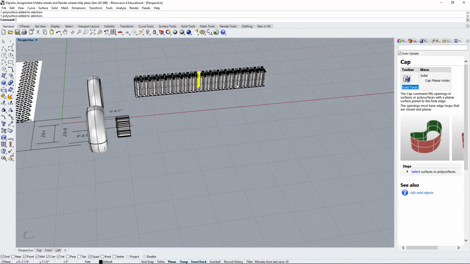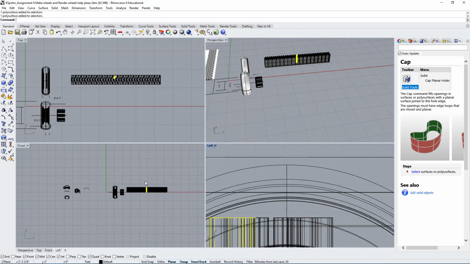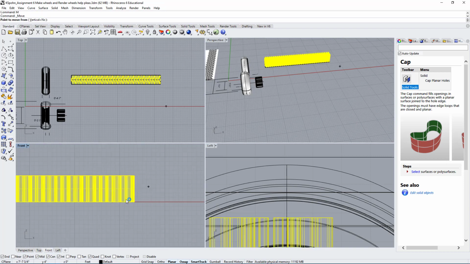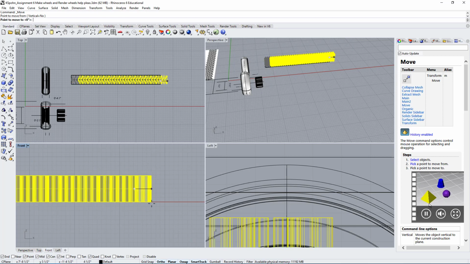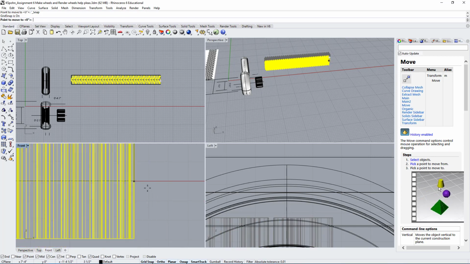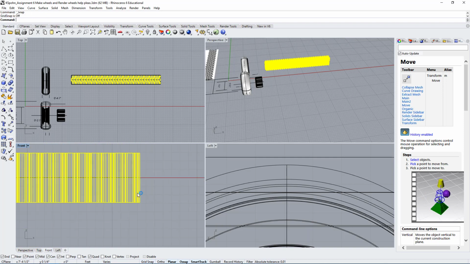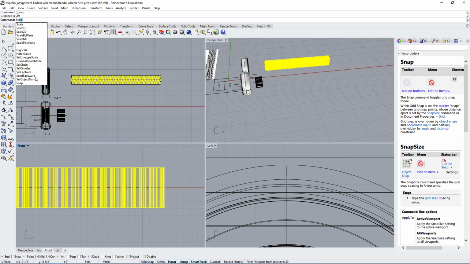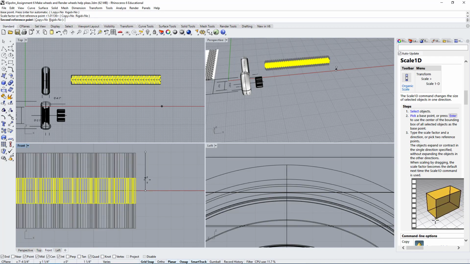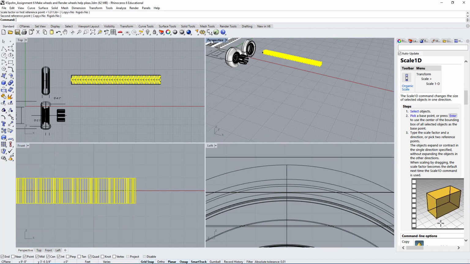So here we have a pattern, it's a little too large, so let's go in and make some minor changes to it. We will center it to our reference plane. Let's use F9 so we can snap to the grid. Okay. And we can scale the dimension so it makes a little more sense. Scale it in one dimension. Again, we can use the grid. Grid is on. We can scale it from this dimension to something a little smaller.